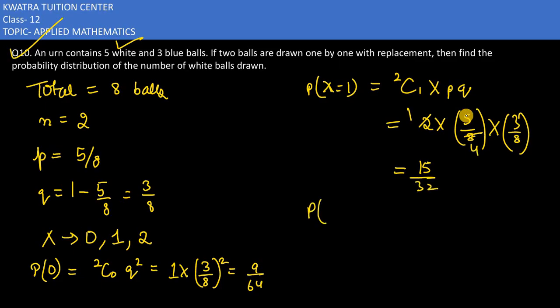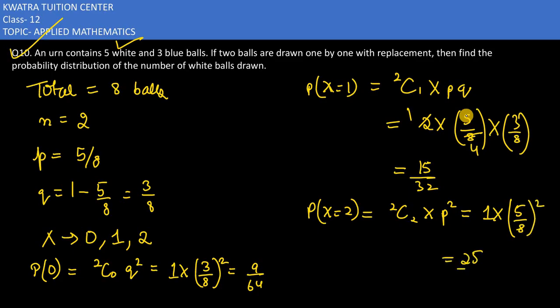X is equal to 1 हो गया. X is equal to 2 वाला find out करेंगे. So combination of 2 and 2. P की value हमारे क्या हो जाएगी? Square. Combination of 2 and 2 is 1. P का square करना है which is 5 by 8 का square. So this is like 25 divided by